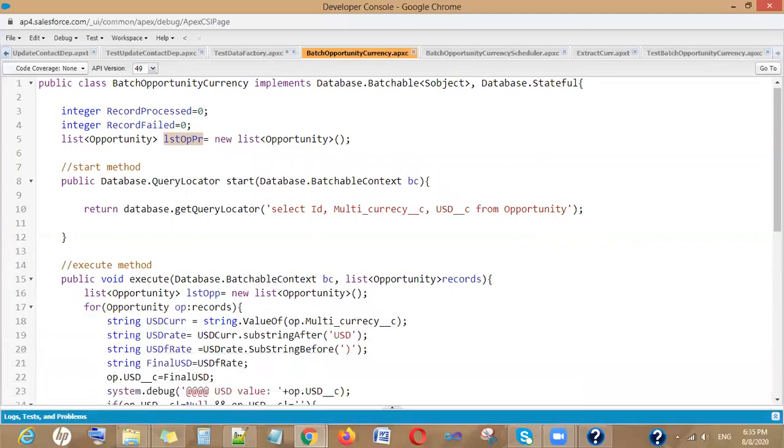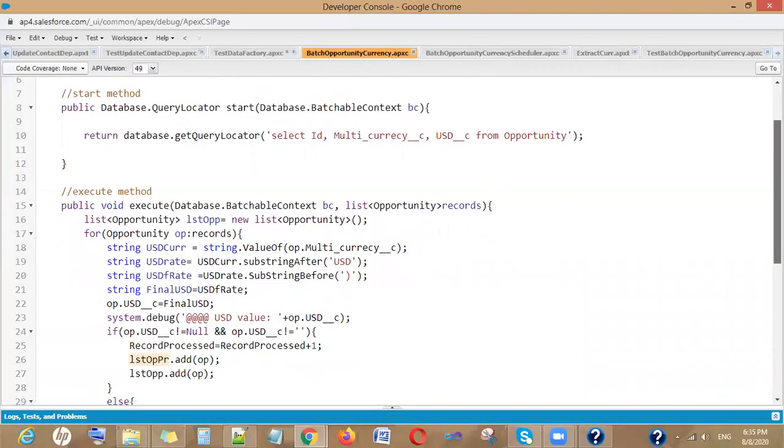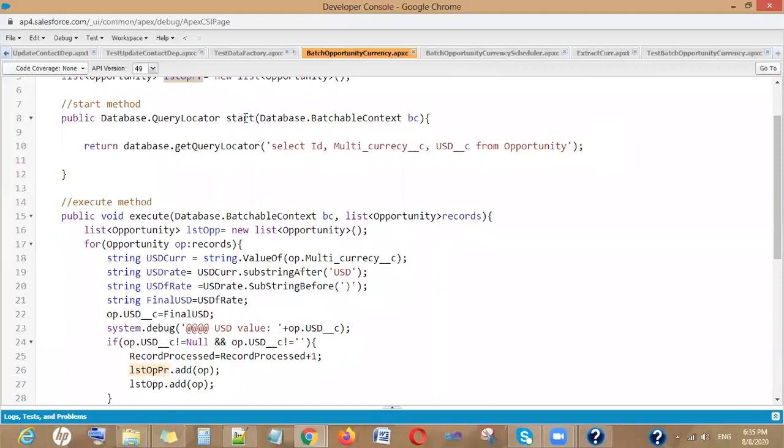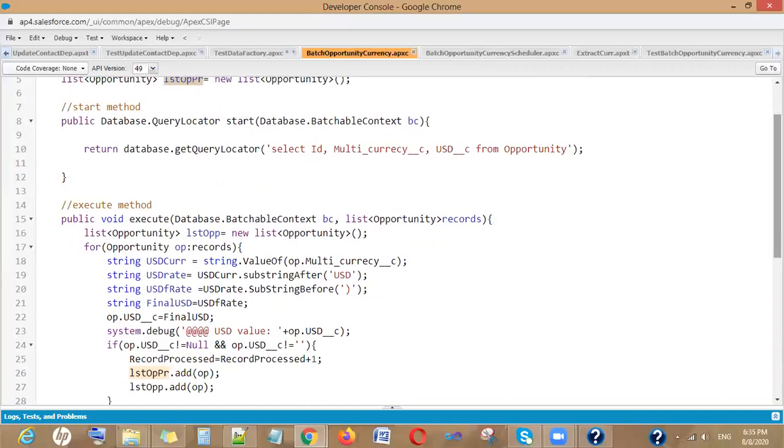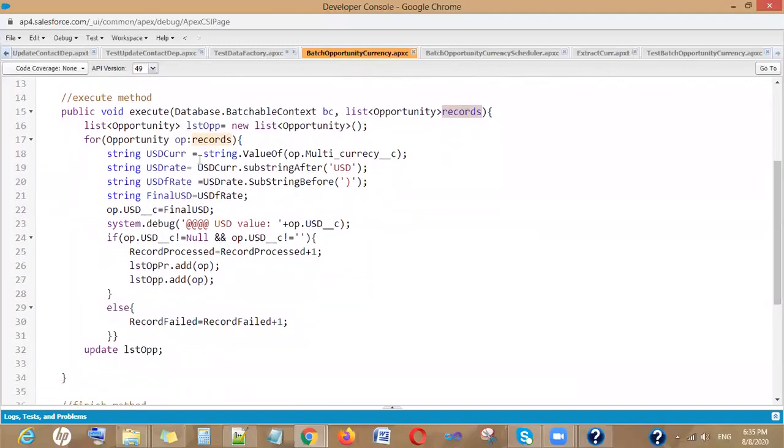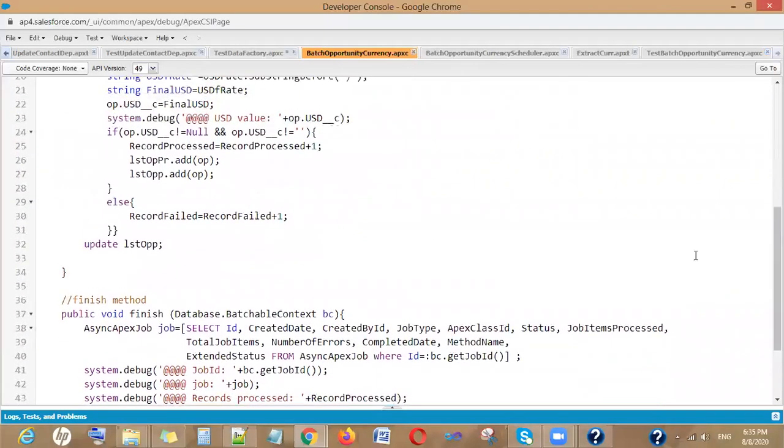Now what is the logic behind, or what is the code behind? In the start method, I am querying all the opportunities, and since I am making the batch size 10, each time the parameter of the execute method will get 10 records, and then my logic to break the string, and after that I have entered that if